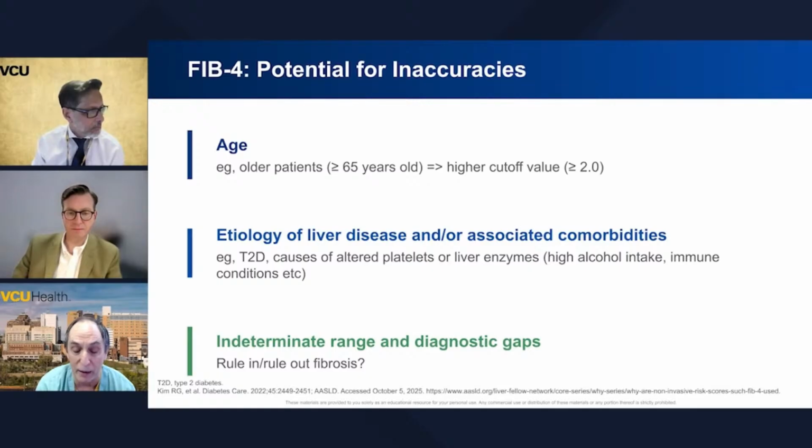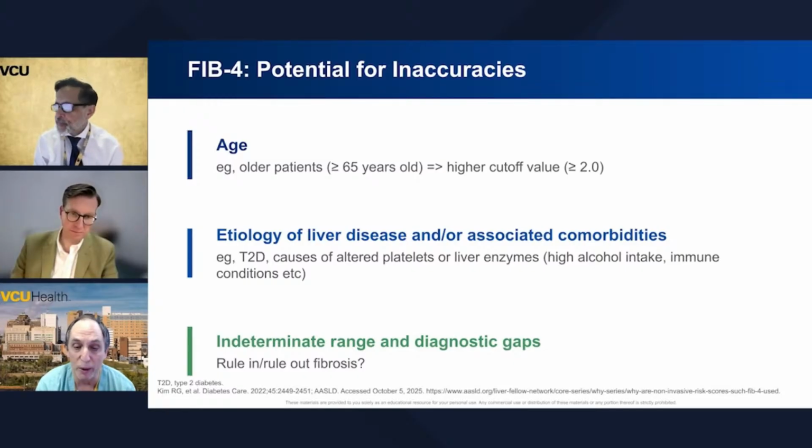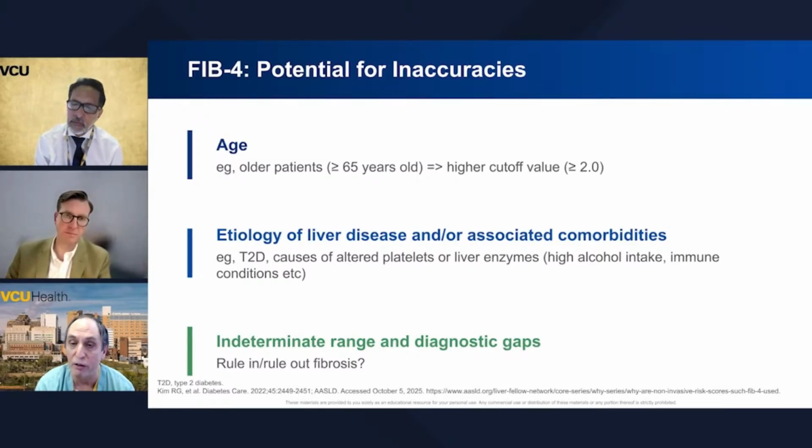So other things, again, that would affect the index would be anything that causes the AST to be greater than the ALT that's not reflective of that AST to ALT flip that we see in people with cirrhosis. So that would include things like alcohol or anyone with myositis or muscle damage or anything like that, hemolysis. Also, anything that might affect the platelet count to be either artificially high, such as someone with a splenectomy, or artificially low, for example, someone who has ITP or some other reason to have low platelets